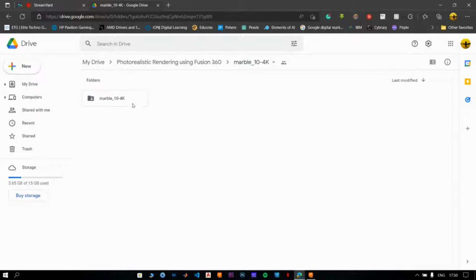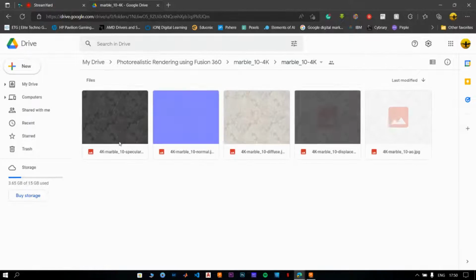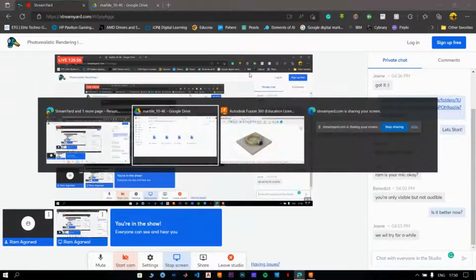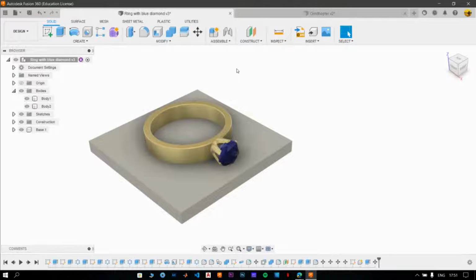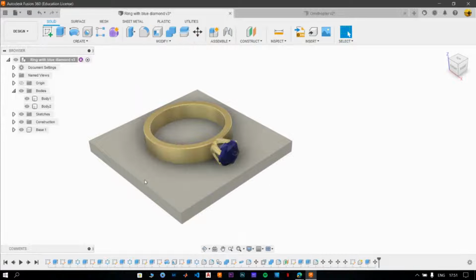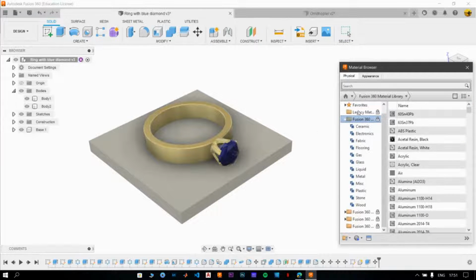If you go to the marble 4K folder, you'll be able to see these 5 images over here which you'll have to download for attaching that appearance or for creating that appearance on Fusion 360. So I'll ask you all to download all of that materials and to start working to add a new material to Fusion 360. Just go to modify drop down, go to manage materials, and over here, as you can see,